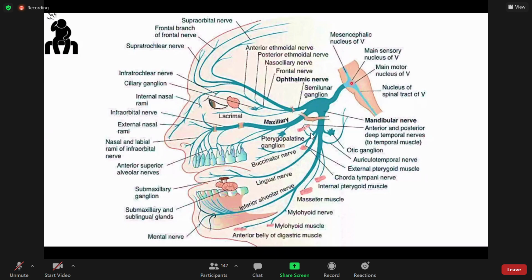trigeminal nucleus. The trigeminal nucleus is an extended nucleus that comes from the midbrain, or mesencephalon, and extends down, which is called the spinal tract of the 5th cranial nerve. It goes down to the level of C2. This is the caudal part, and this is the rostral part of the trigeminal